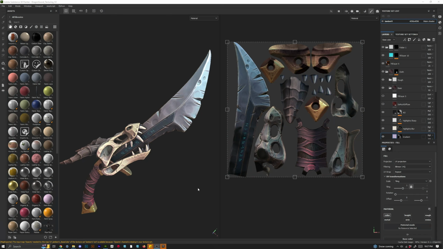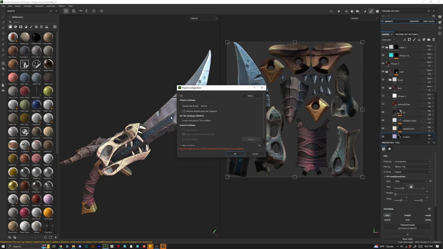Alright, so we're in Substance 3D Painter and we have our asset all textured. So the next thing we want to do is export the textures. But before we do that, there's one thing I always check, and that's to make sure my normal format is the correct type for my render engine. So to do that, I'm going to go to Edit, Project Configuration, and just make sure my normal map format is set to DirectX because I'm going into Unreal Engine. Now, if I was going to something like Marmoset Toolbag, I would want OpenGL, but we want DirectX since we're